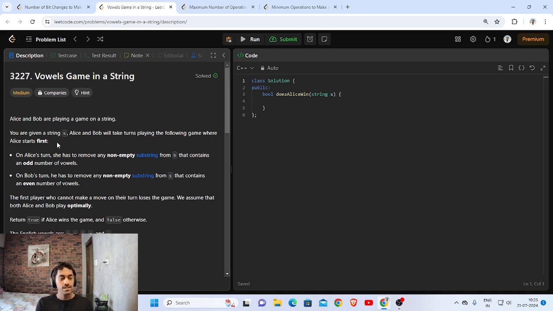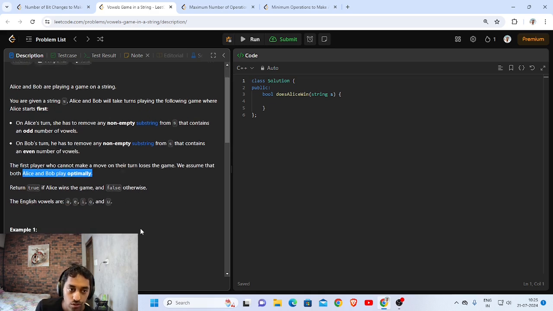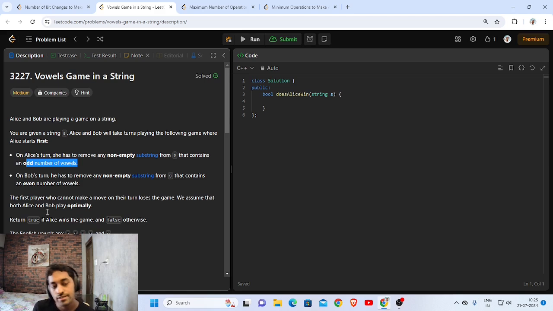So again, we have a string s. We have Alice, who in her turn will take a non-empty substring from s such that the substring contains an odd number of vowels. And Bob takes a substring of s which has an even number of vowels. Both play optimally. So this is an important point to note, because if the number of vowels is even, then Alice